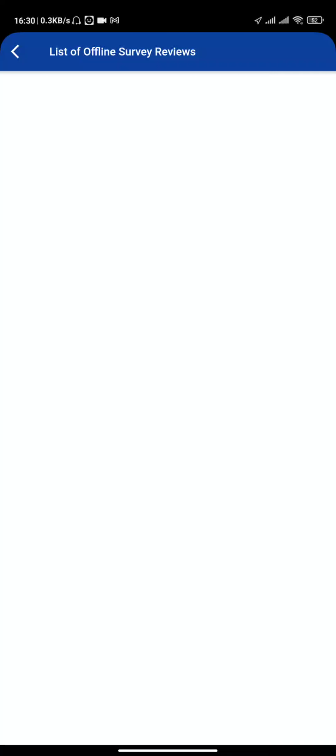But when the item is in this list, I can update the values as many times as I want, and we can even close the app and reopen and continue editing. And finally, with an internet connection, we have to submit our review. Then the review will be submitted and it will be available for other reviewers to complete the review.